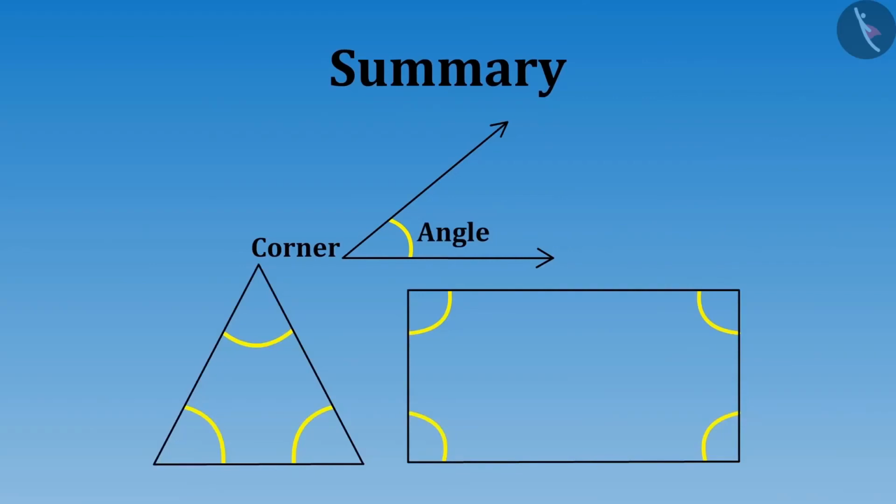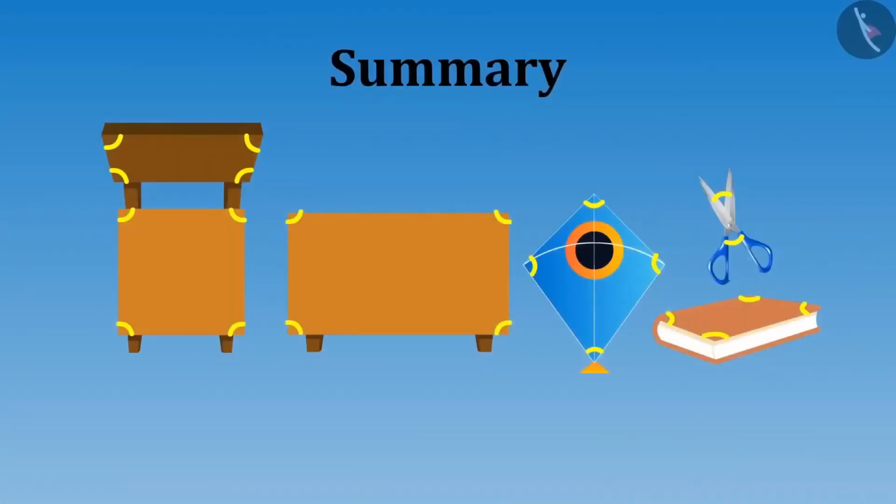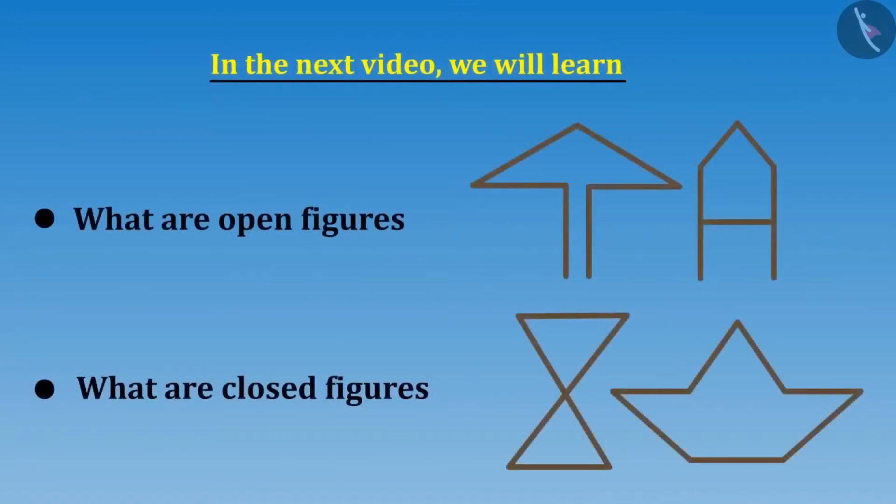Did you observe that the angles in figures identified by Meena and Riva are closed figures, just like this triangle and rectangle? Do you know what are closed figures? Are angles formed only in closed figures and not in open figures? What do you think about this? Riva and Meena will answer these questions in the next video. In the next video, we will learn about closed and open figures and we will see some interesting examples on angles. Thank you.